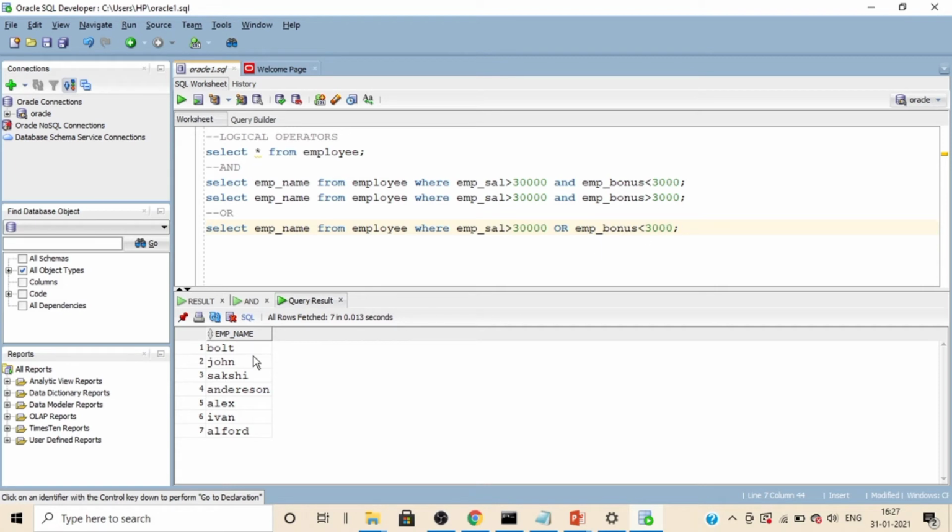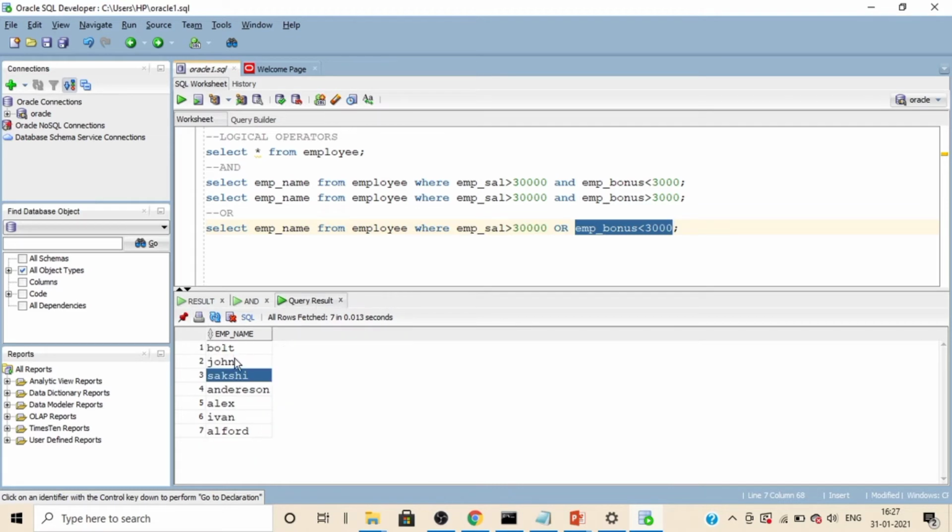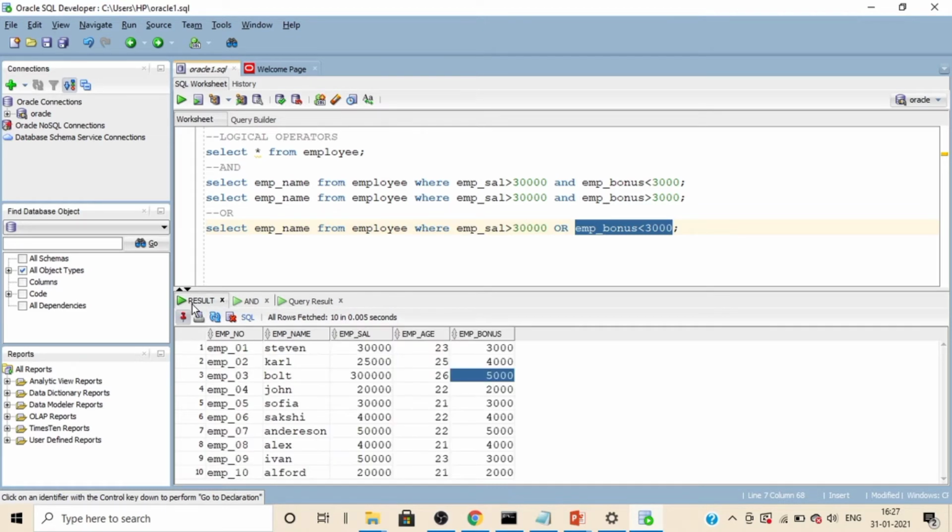So all of these employees are having greater than 30,000 as a result. We'll check who all are having greater than 30,000 and who are not having it but have the bonus as less than 3,000. So it retrieves a combination of these two conditions. In this case, Bolt has the salary greater than 30,000 but the bonus is not less than 3,000.